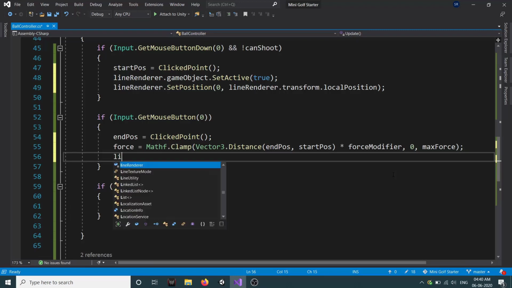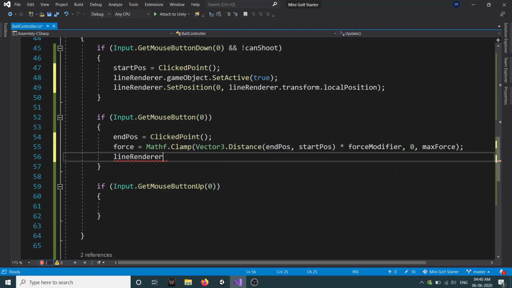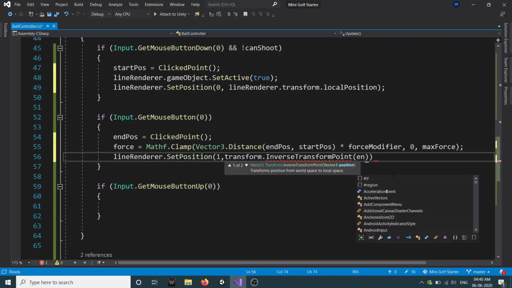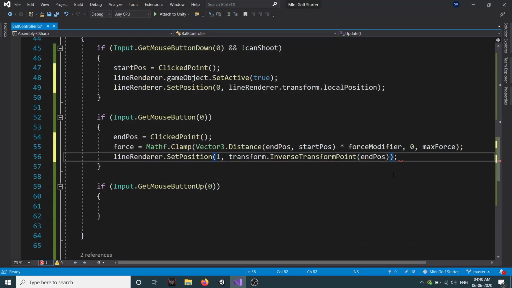Next, we will set our line renderer dot set position index 1, and that will be our transform dot inverse transform point end pose. Now the reason here our position is transform dot inverse transform point is because this inverse transform point converts the world position into the local position, and as we know, our line renderer is a child of our ball game object.